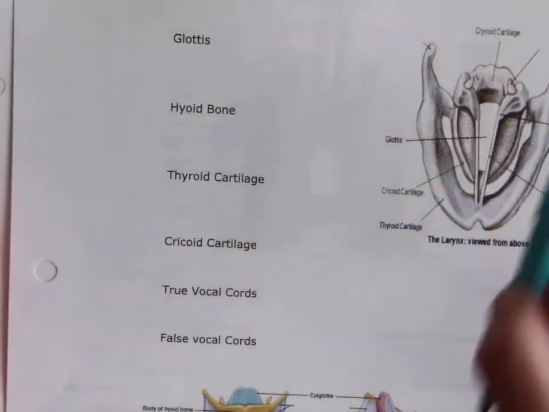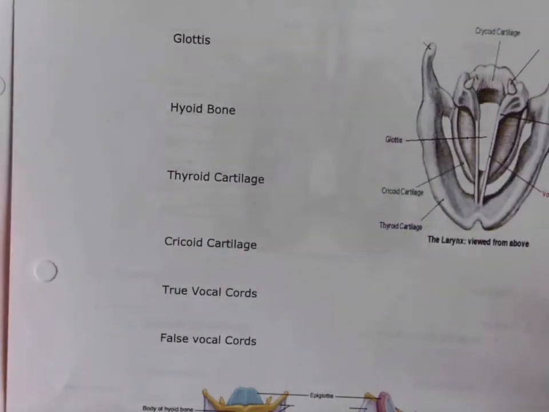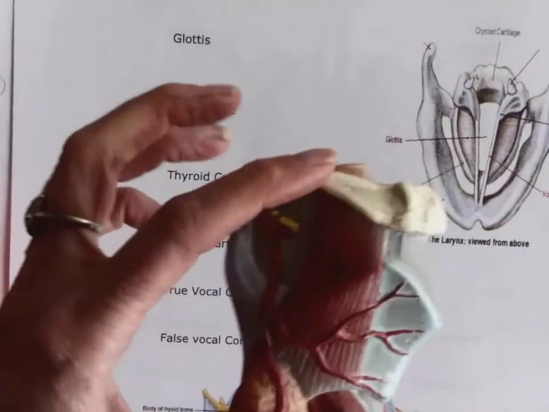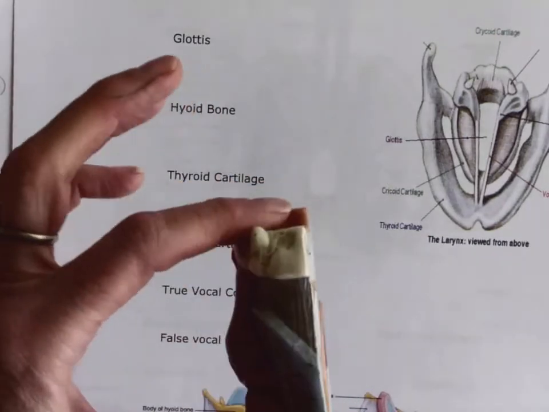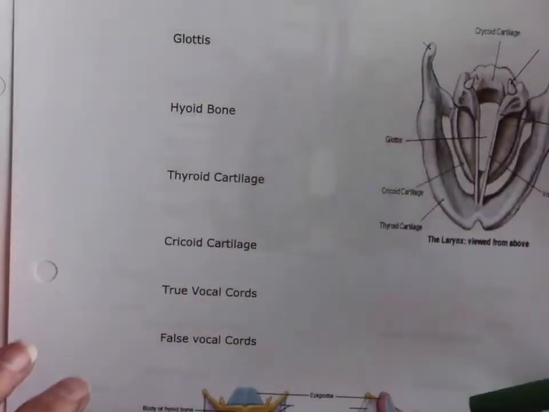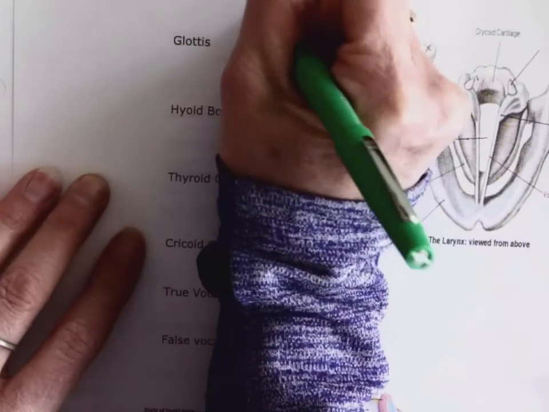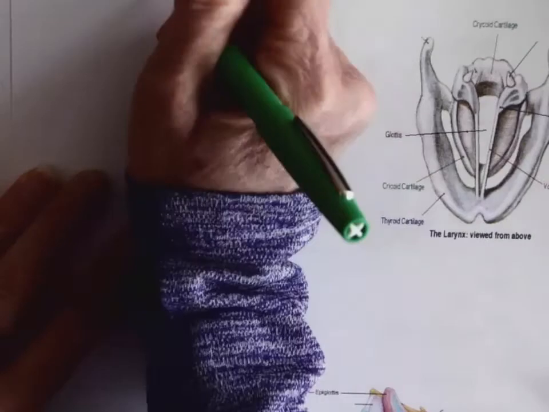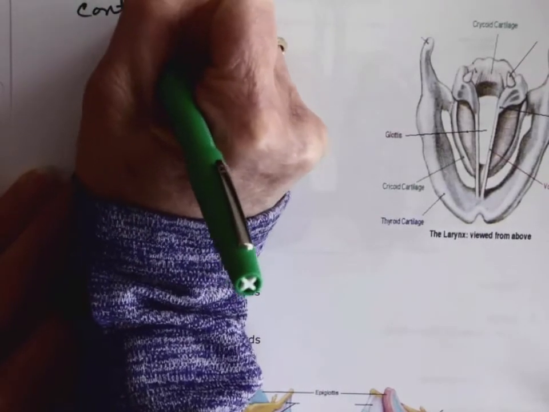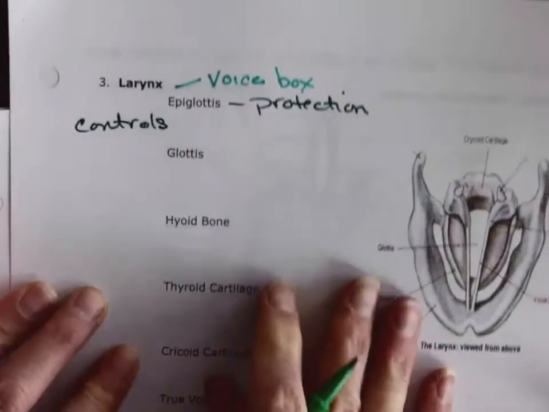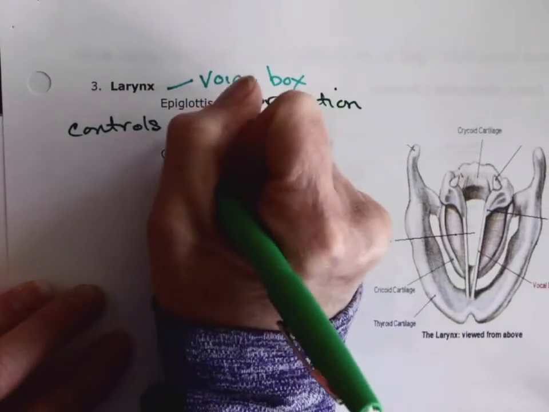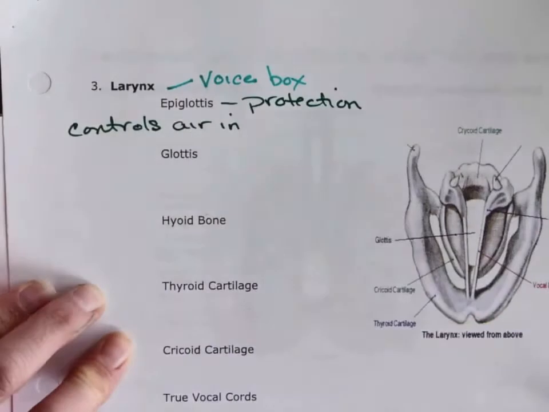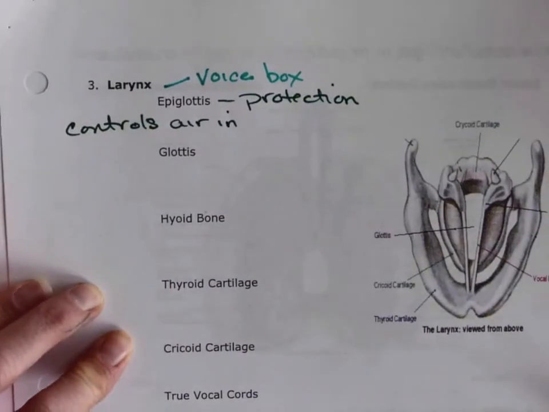So the first part, of course, is the epiglottis. Epi means upon, so this thing is on top of the larynx, basically. This whole structure is called the larynx, from the hyoid down to the cricoid cartilage. So the epiglottis is all about protection, of course, controlling food and air movement. So it controls air in, and then it controls food or liquid